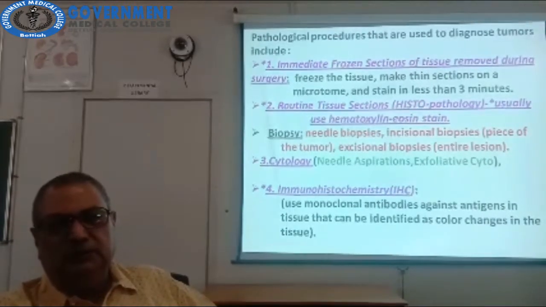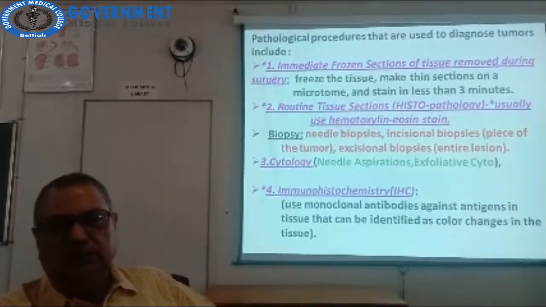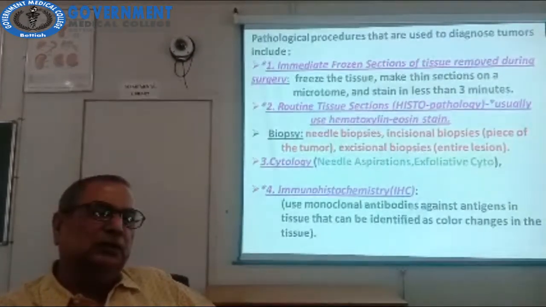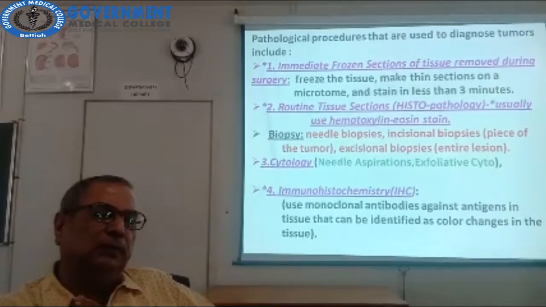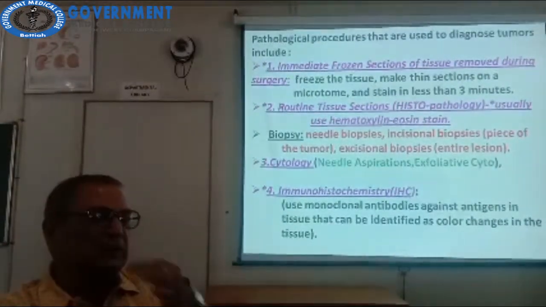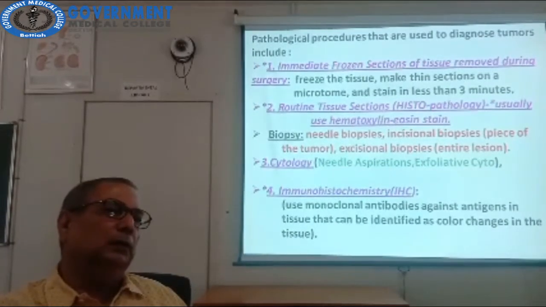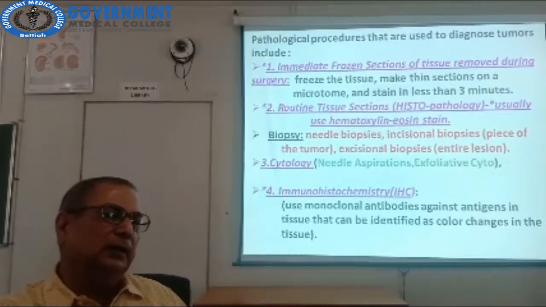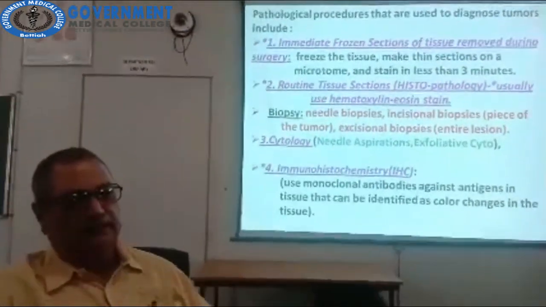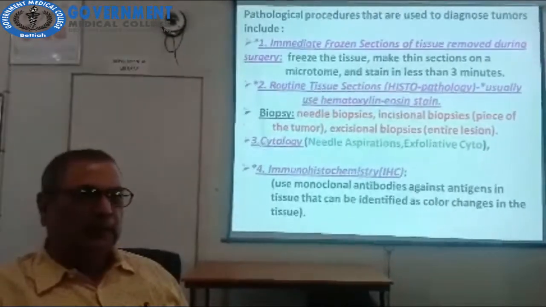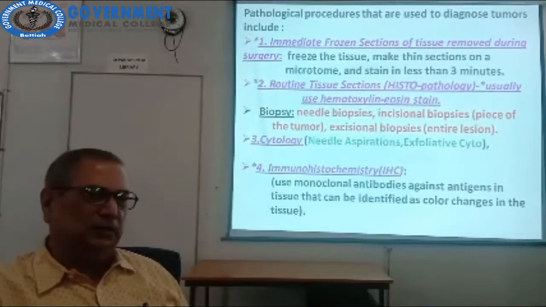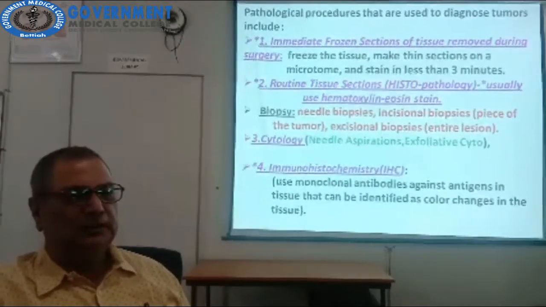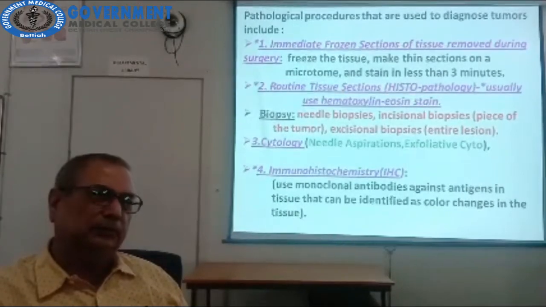Then fourth is cytology, that is needle aspiration. The cytology may be exfoliative cytology or interventional cytology, by some interventions. Exfoliated cancer cells are loose and drop into the respective cavity or excreta or secreta. Like in cancer cervix, a cervical smear is taken for exfoliative cytology. It is very important for the screening of cancer up to the age of 45 years in females.